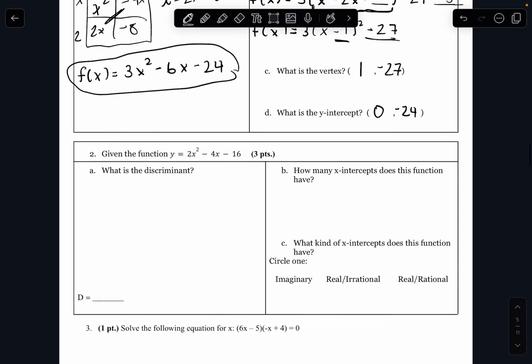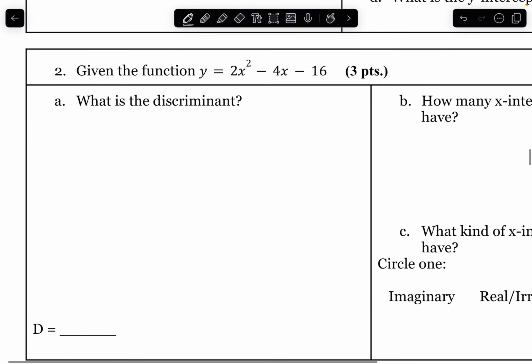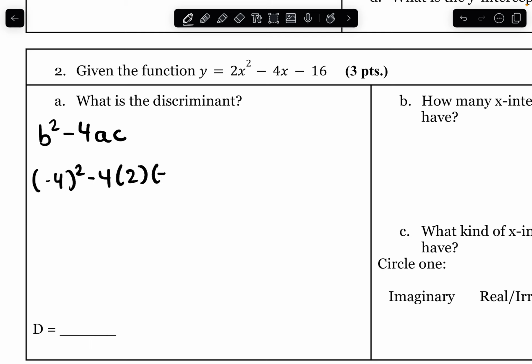The discriminant. Okay, so in number 2, you're given a function and you're asked what the discriminant is. Remember, the formula for the discriminant is the portion that is inside the radical in the quadratic formula. So b squared minus 4ac. Our b is negative 4, squared, minus 4ac. 16 minus 8 times negative 6, so 16 plus 128,